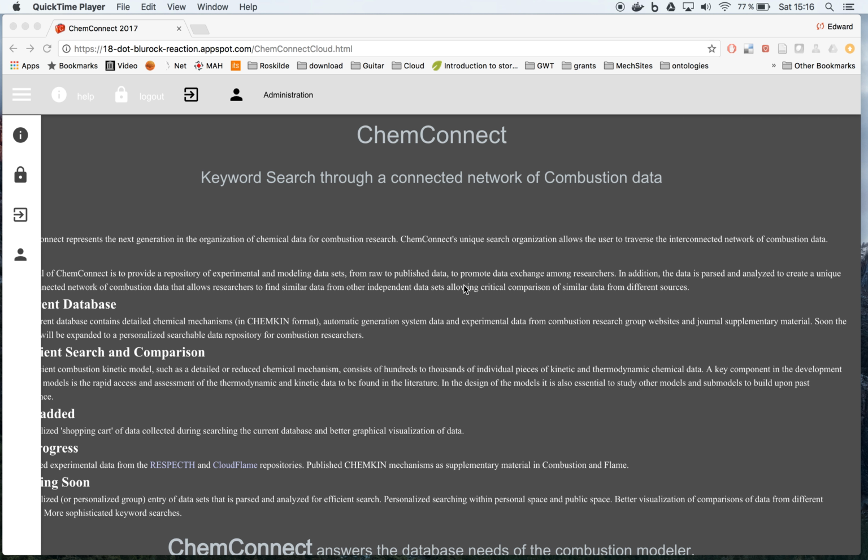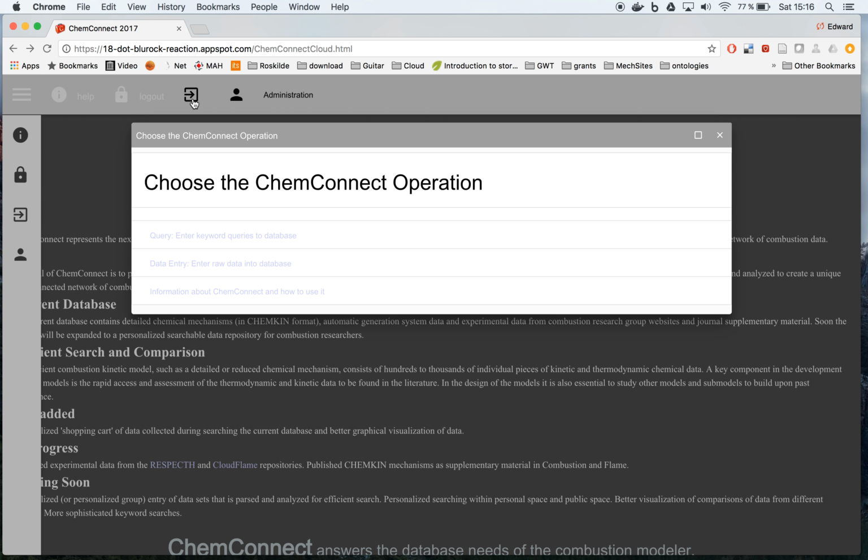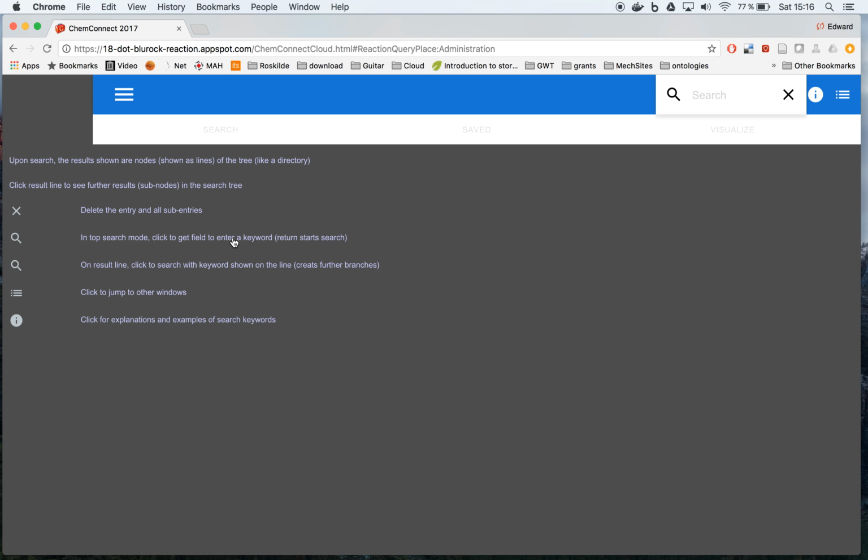In this video, we will explore the molecule database within ChemConnect. First we get into the query mode. We press the query button. For example, we don't know exactly which molecule we want to look at, but for example, if we enter